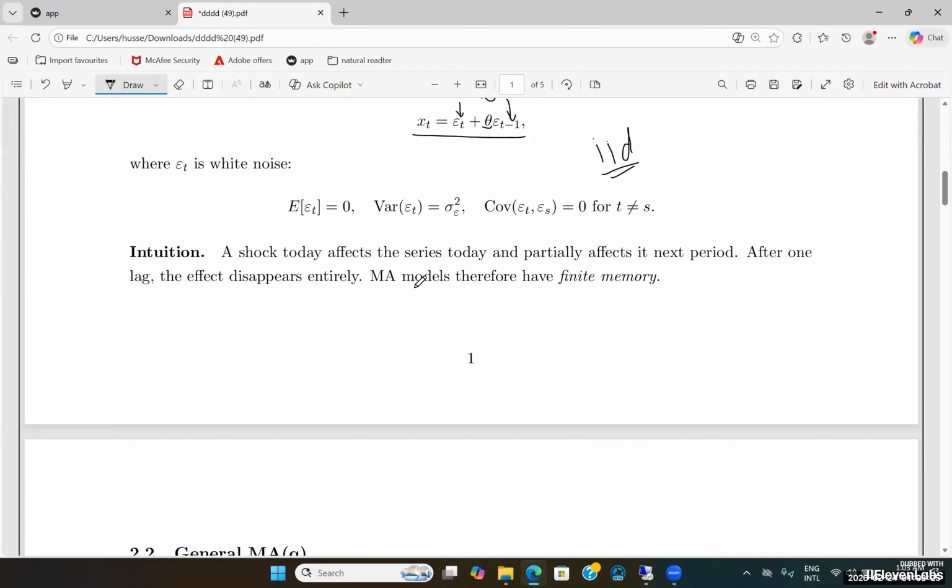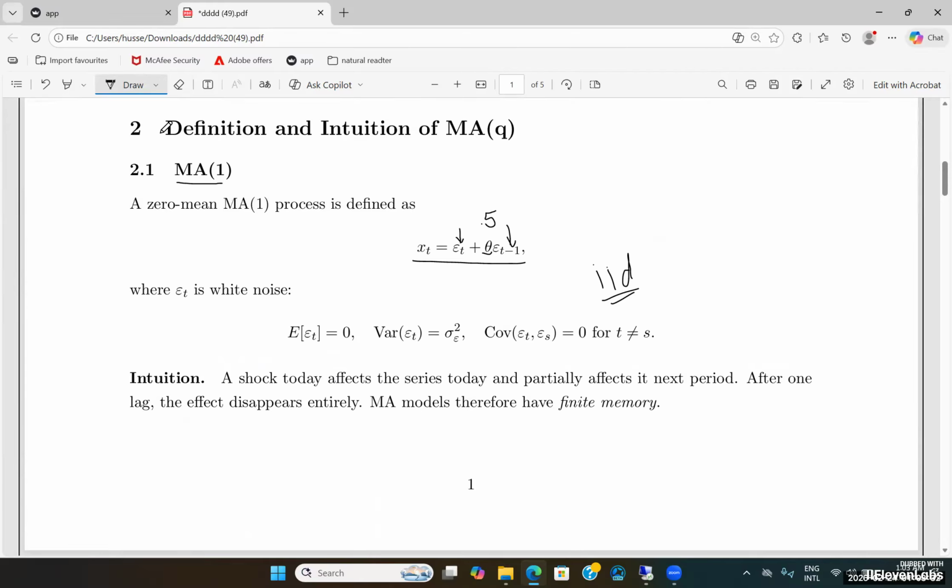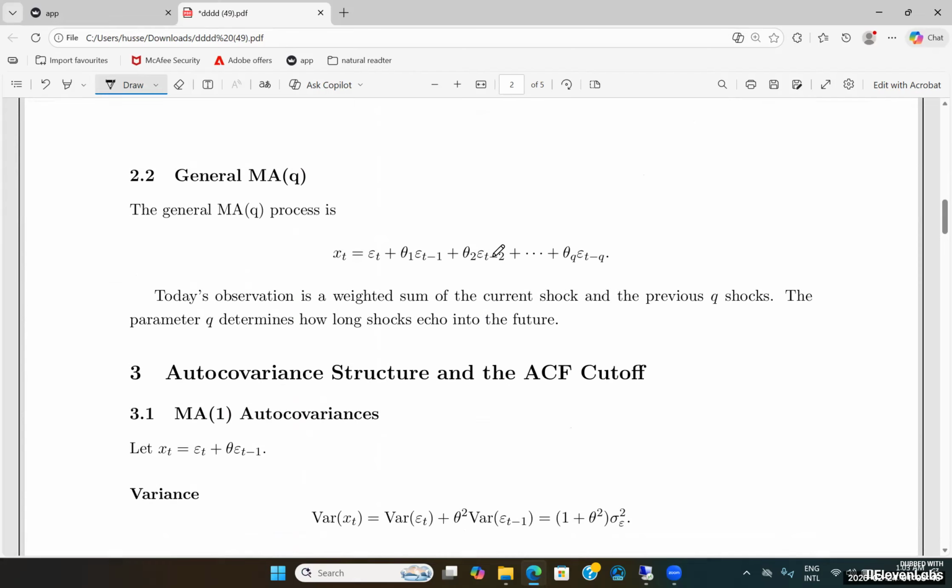But of course, that effect will eventually die out after several periods, depending on the specific MA model being used. For example, MA1 means that we are only considering the error from one period prior. If we have an MA2 model, we are going to extend that to include the error from 2 periods ago, and other related aspects. So the overall structure of our model will look something like this.